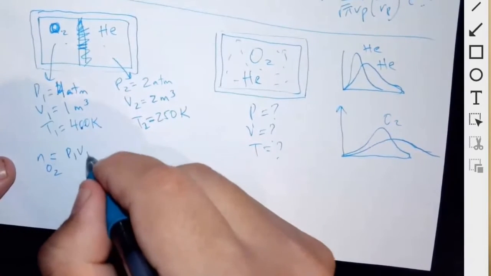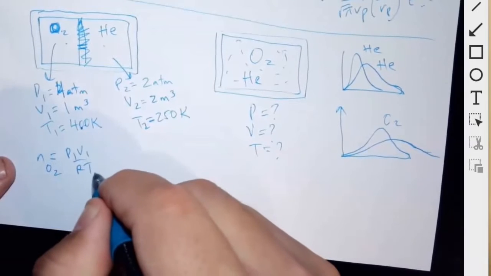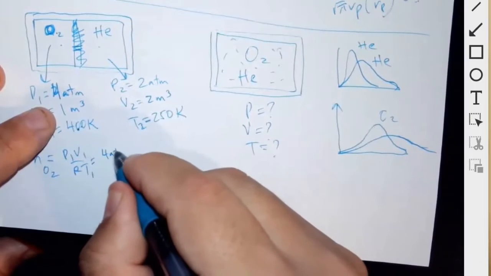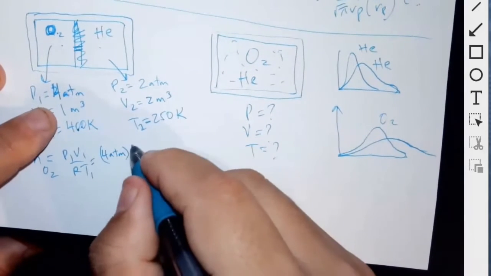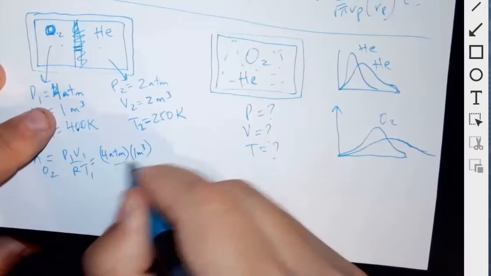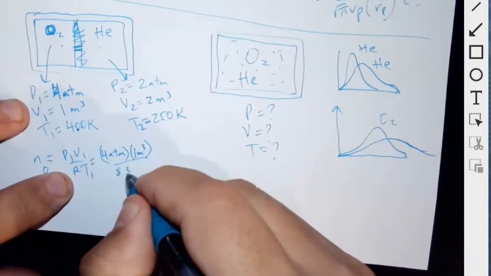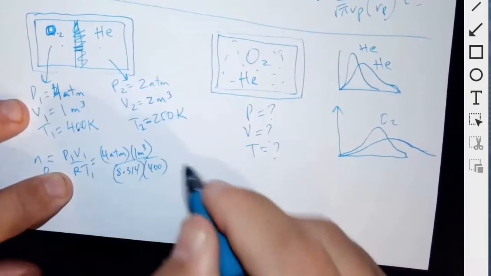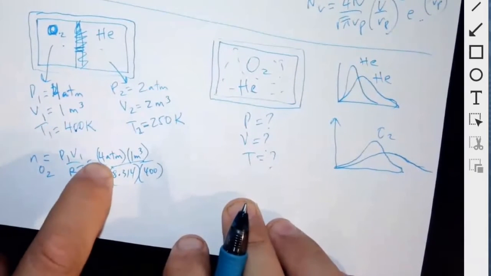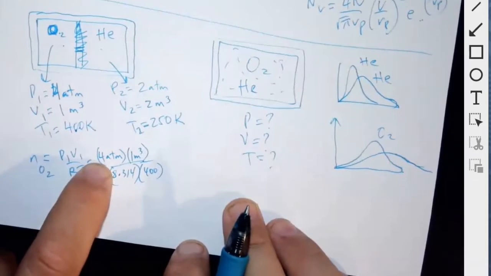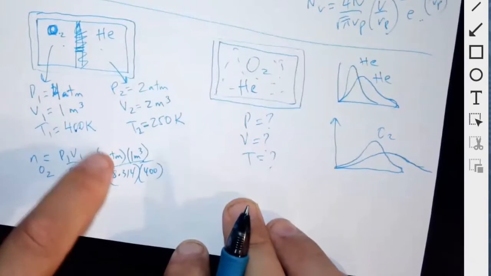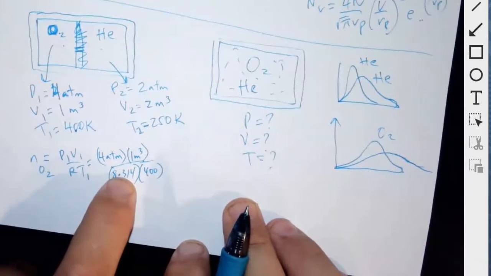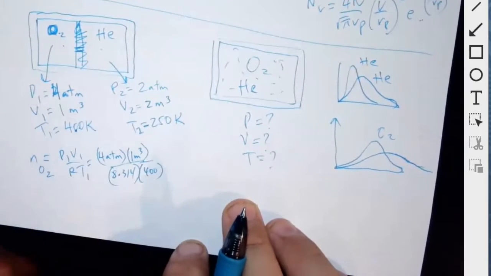We do P1 V1 over R T1. So P1 is 4 atmospheres, times 1 meter cubed, over 8.314 times 400. And then change atmosphere to, well, you know what? I could leave it as atmosphere and change this to liters and use the other version of R, rather than multiply this by